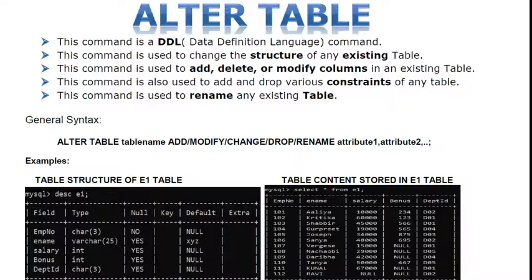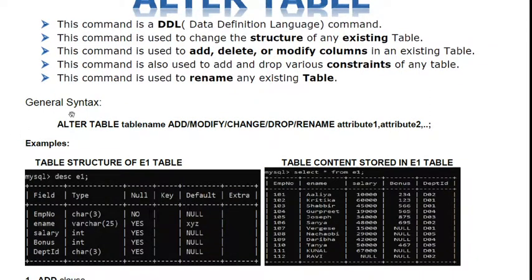Okay, so alter table has lots of advantages in a situation where you have already stored thousands of records, 5,000, 10, 20, 50 thousands of records in the table, and then you need one more column, or you want to change the data type, or you want to increase the size of any column. So creating the table again is not the solution, and it is not possible. In this situation, the alter table command helps a lot.